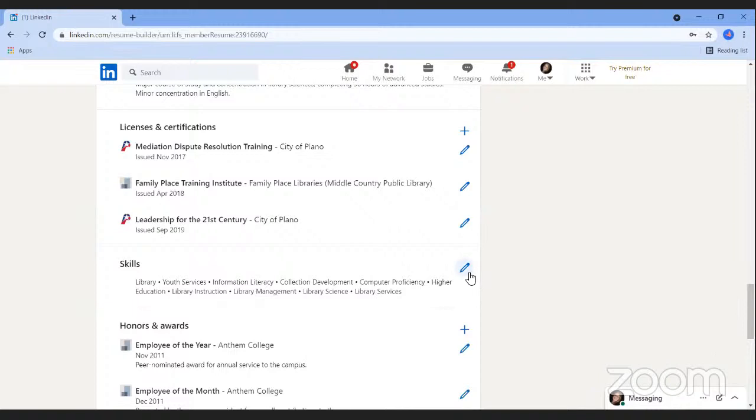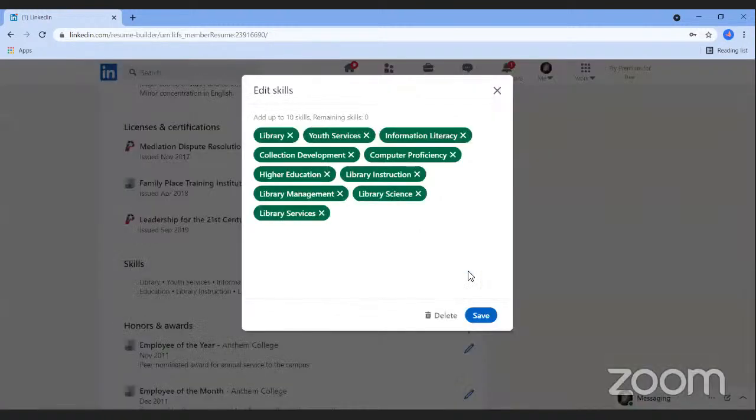The only option here that I have is my little pencil icon to edit. And that lets me know how many skills I have listed, how many I have remaining. If I want to get rid of a skill, I would just click on the X next to it. And you'll see I have a remaining skill box that now pops up that I can add in another skill.